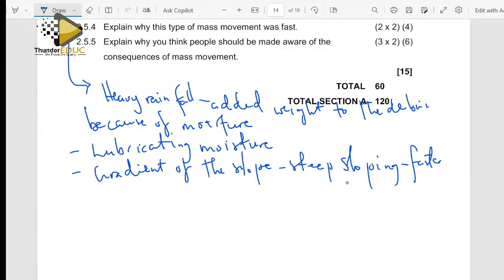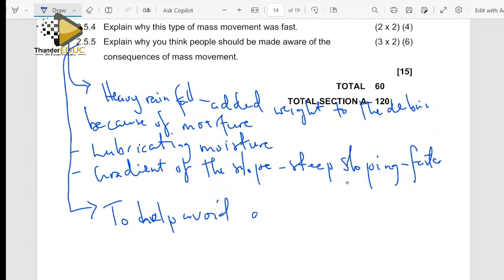Right. Then we move on to the last question. Last question is saying, why do you think people should be made aware of the consequences of mass movement? Why should we let people know about the dangers of mass movement? Right. Number one, we need to help avoid disasters. If people are made aware of the negative implications of the mass movements, then we can assist in disaster